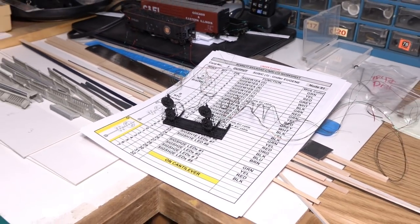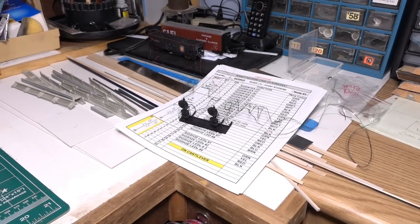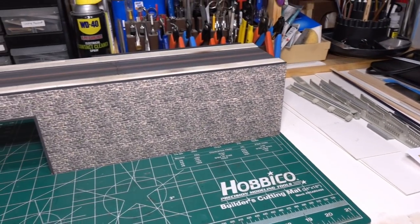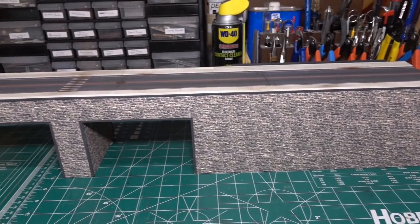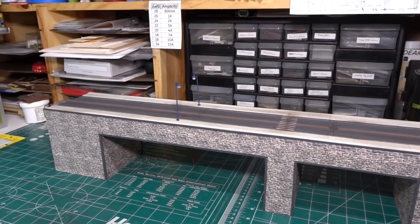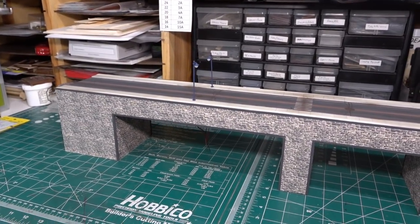I have everything figured out. I'm gonna do it. I still haven't got my strip board, so I still can't wire it yet, but hopefully that comes soon. That's one of those bad experiences, I think, with the U.S. Post Office. But what I'll do real quick now is I'll just kind of flip it and show you